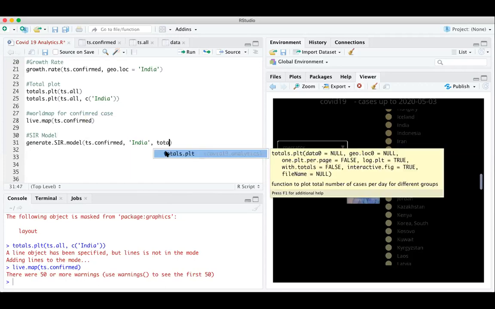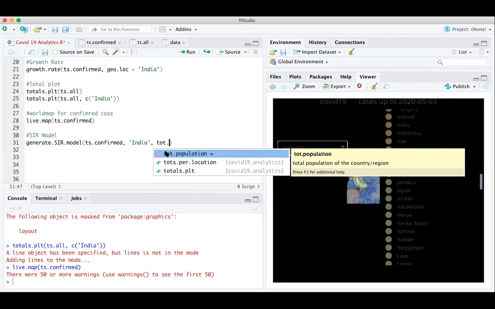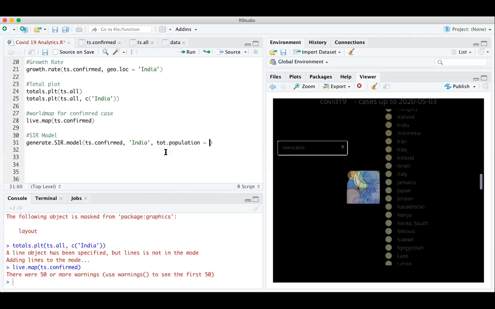The total population is what you saw last time, 135 crore 26 lakh 50. Okay, correct. So this is the 135 crore.